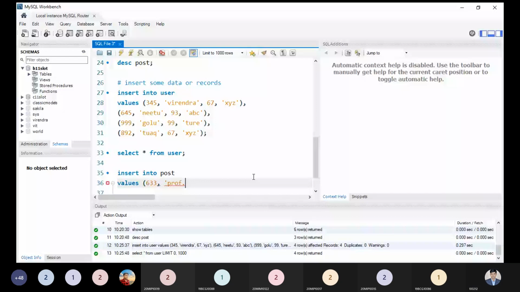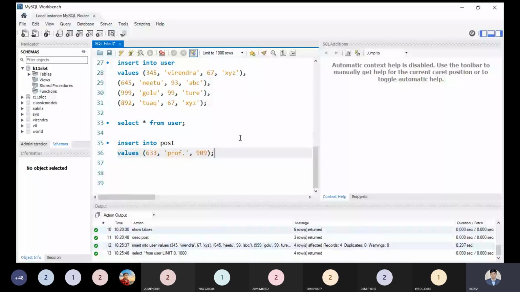Is it the correct statement I am writing right now? Can anyone tell me if you get an error, what kind of error will be generated? If there is no error, are we going in the right direction?